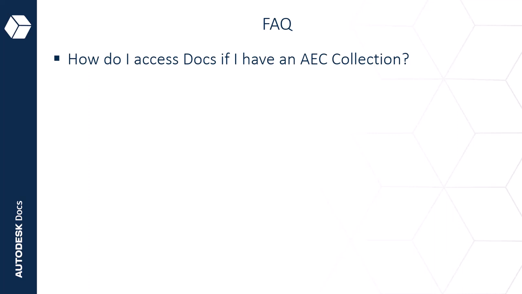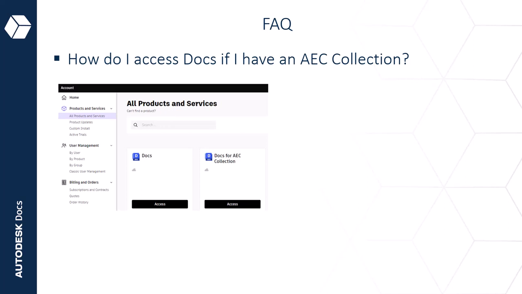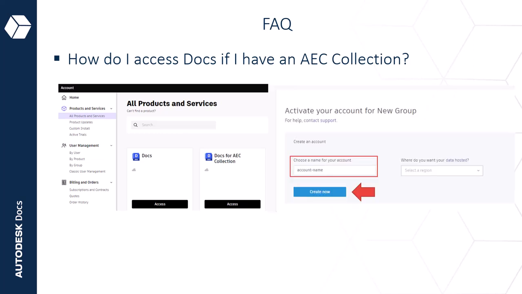Okay, next up, I promised you some frequently asked questions. The first thing that we always get is, how do I access Docs if I have an AEC collection? Now, firstly, this will be available in your Autodesk account. I would recommend that this action is taken by the contract manager or the software coordinator, not by every individual in your team. In your Autodesk account, you should see Docs for AEC collection. If you click access, it'll give you a pop-up where you can activate your account for your new group, put in your account name, decide where you want to host your data, and